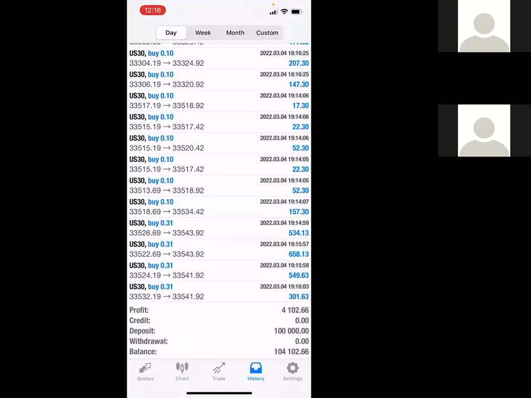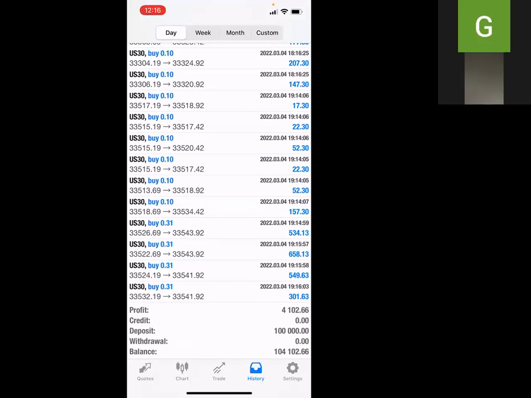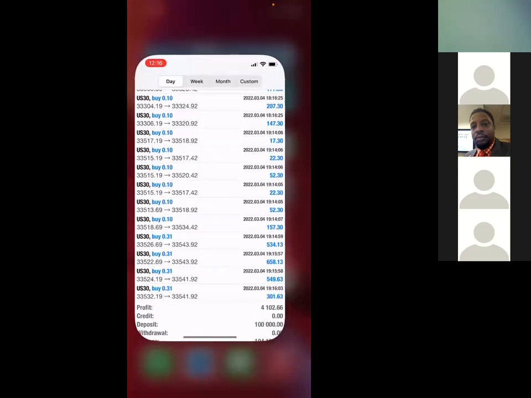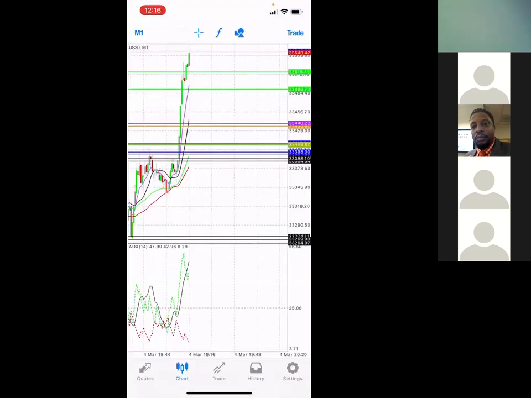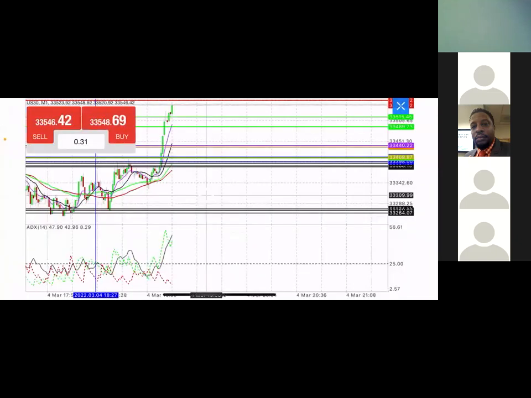Could you talk a little bit more about the ADX indicator and what exactly you look for when you're looking at it? Yes, of course. Look at the ADX right now. It's through the roof. This thing is going to skyrocket. This is going up. This is crazy.